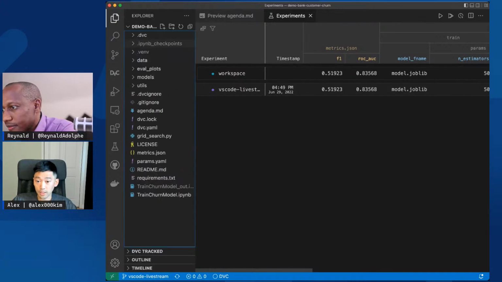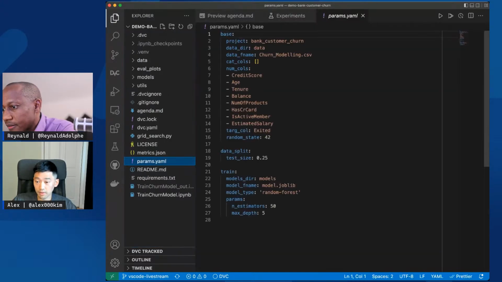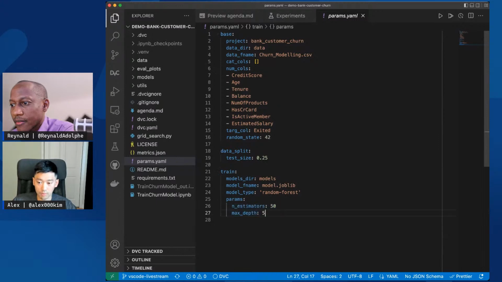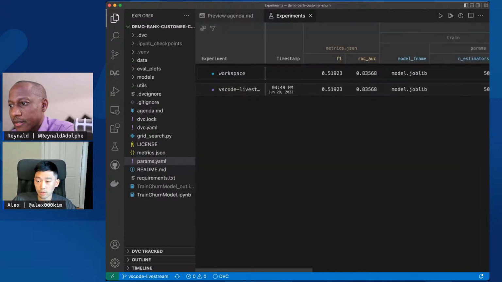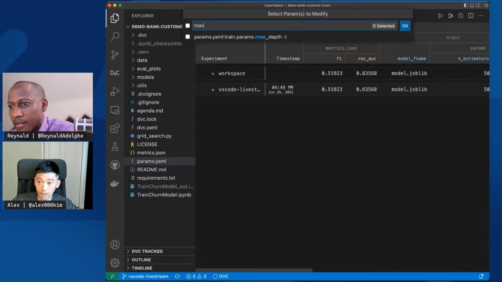So here we have some parameters for my experiments: what features we want to use in order to train our model, how we want to split our data set between train and test, and a couple of hyperparameters that I want to tune for my model. The DVC extension automatically recognizes all the moving pieces in my project, and it allows me to run more experiments.